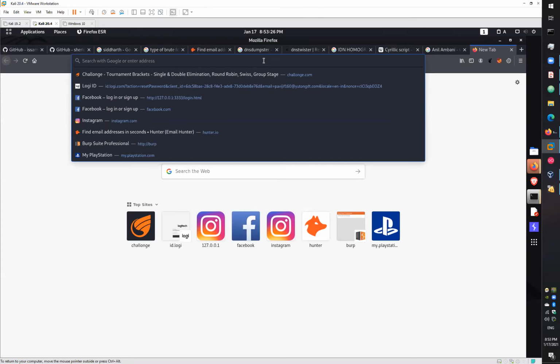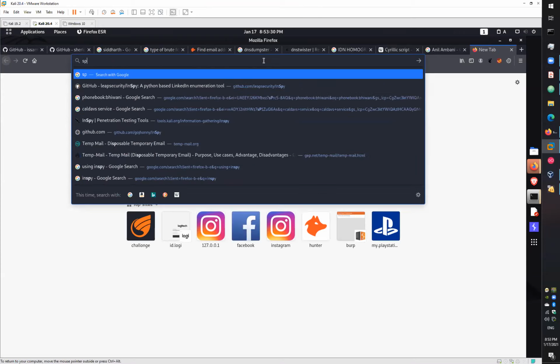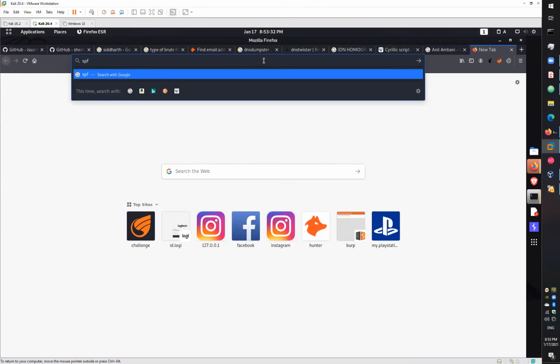We have different terms in email security, like SPF records. I hope you are aware about SPF records in email. They specify who can send mails on your behalf. Sender Policy Framework, we call it. No, I don't know what SPF is about.